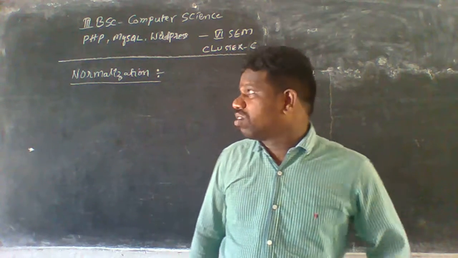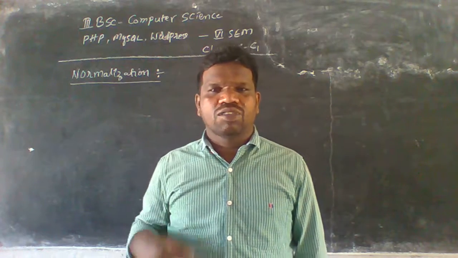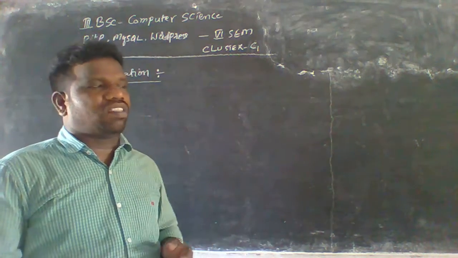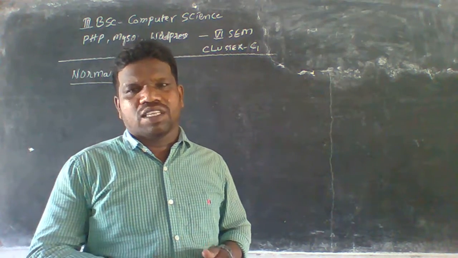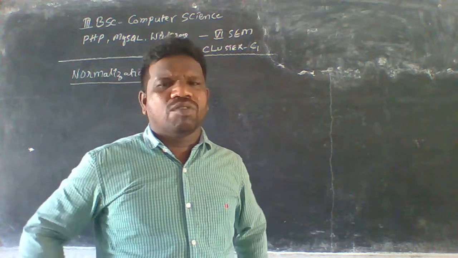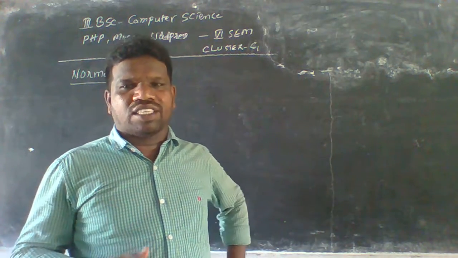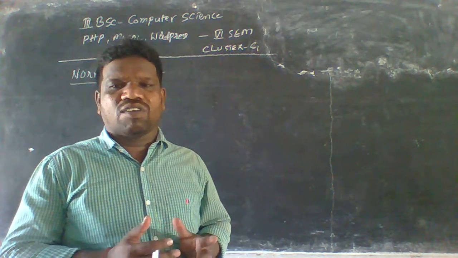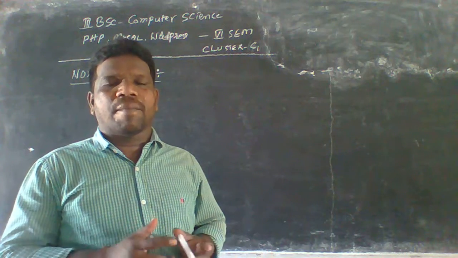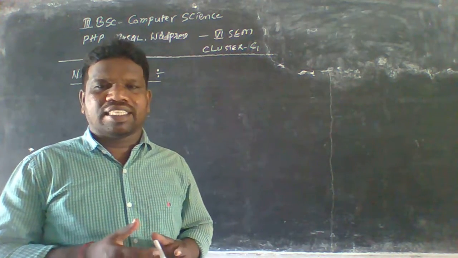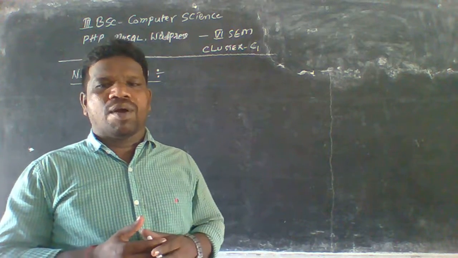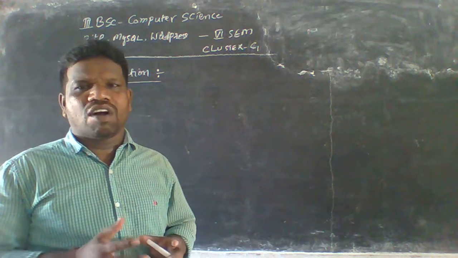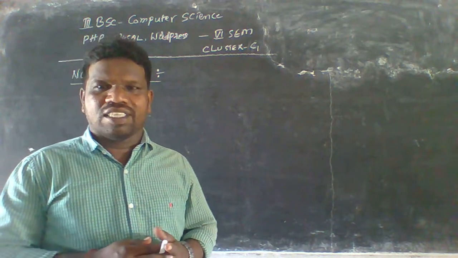What is normalization? What is the purpose of normalization, what is its main advantage, and what do we get from it? A database normalization is a database schema design technique by which an existing schema is modified to minimize redundancy and dependency of data. That is called normalization.